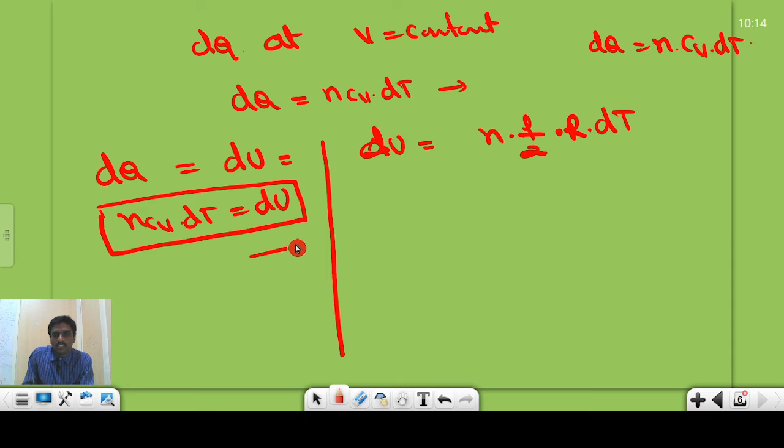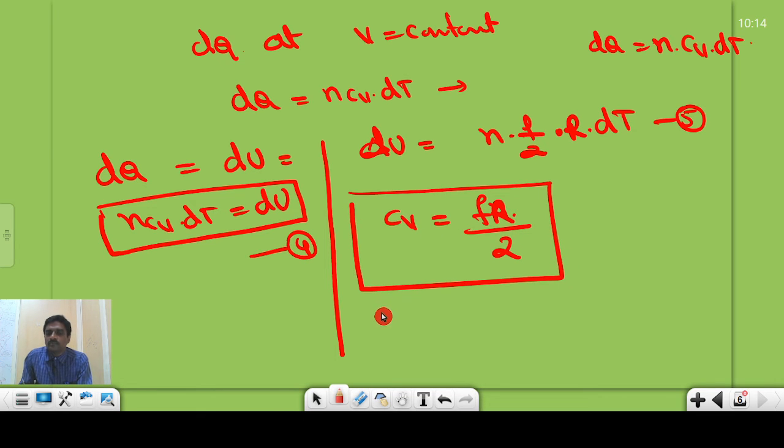So let me take equation number 4 and equation number 5. By comparing these two equations, Cv is equal to fR divided by 2. This is the formula for Cv, the specific heat of gas at constant volume. Cv is equal to fR divided by 2,